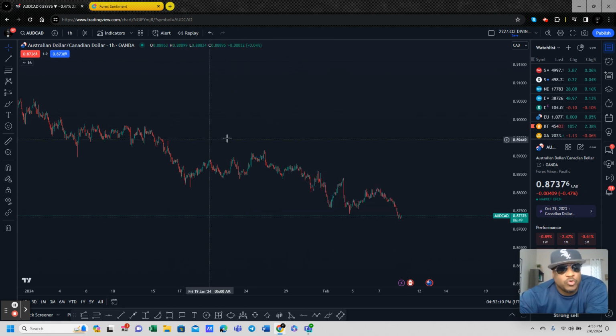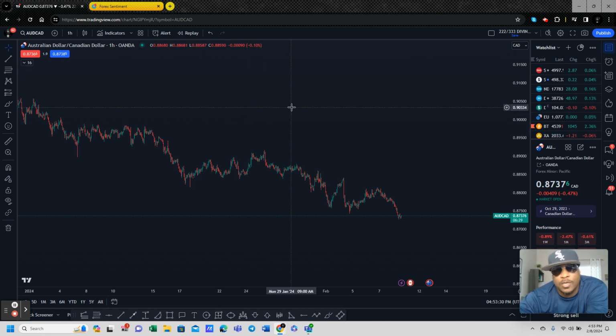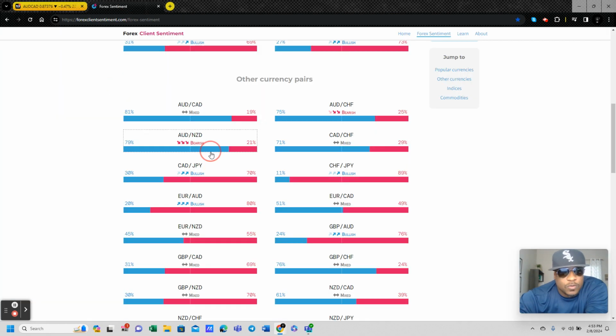And I told people before, you want to actually mark up on your chart. You can use the text and put in, say, 87% short or long, whatever the case. I just made up that number, but you get what I'm saying. You put it on there so you can keep a tab on how it changes day to day, and then you can go back and look. So it was 81%.